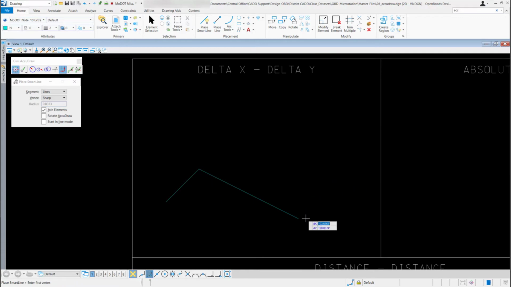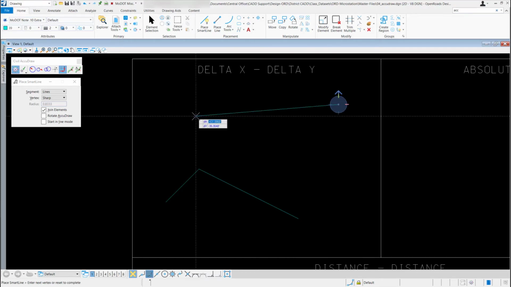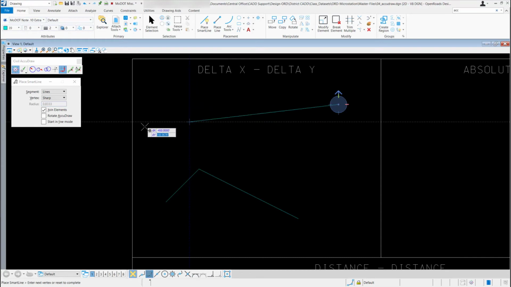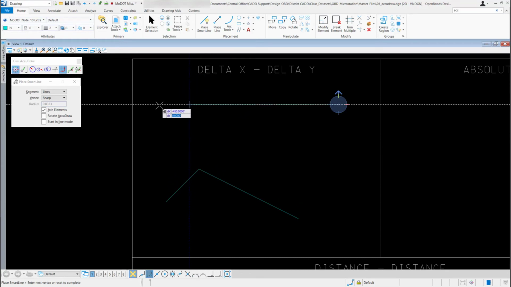This will also work if I'm going a negative direction in the X value. So let's say I start my line here. I'm just going to left click to start it. I'm going to drag it in the direction I want to go. You'll notice my X direction is a negative value right now. I could type in the minus sign for a negative value, but if I just want to make my line 450 feet, I can just type in 450, hit the enter key to lock it in. Now when I move my mouse, you can see I have that 450 feet locked in.